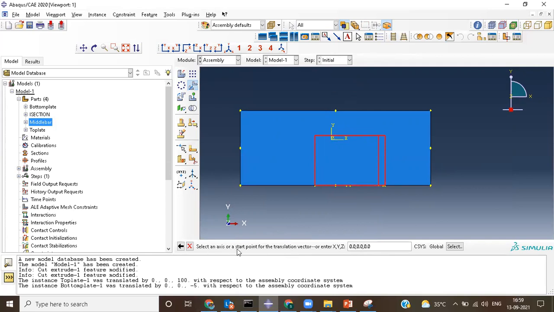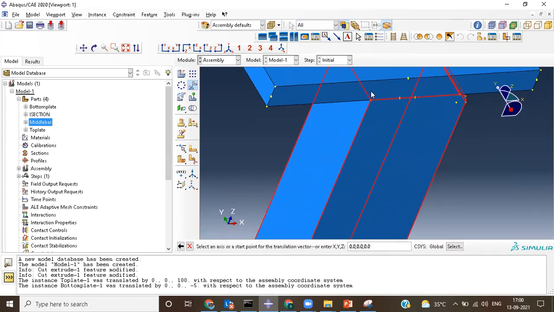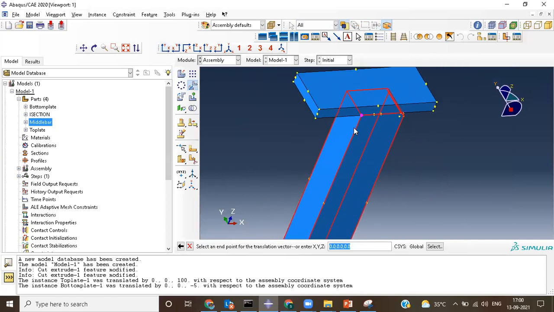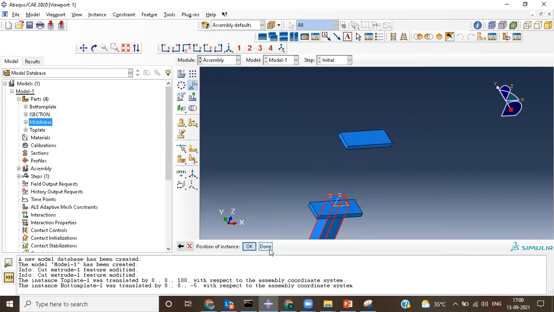So select the axis or the start point of the translation vector for this one. So I would like to pick this. After picking that particular point, how much I would like to move in Y. So towards positive Y, I would like to move for some 2.5. So I can just click OK. Sorry, it's been